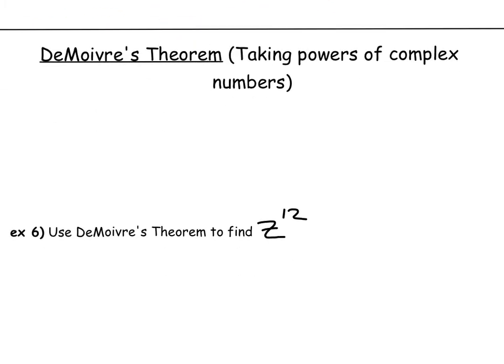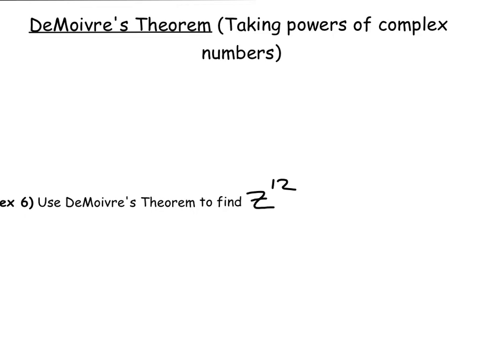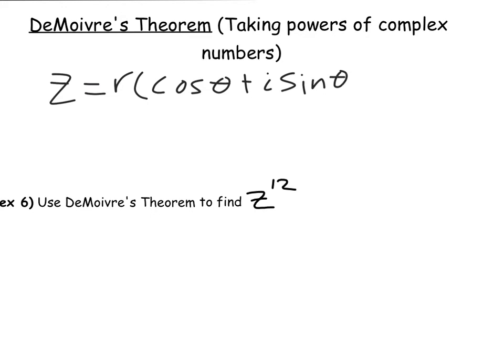All right, last topic on complex numbers in trig form: De Moivre's theorem, which is really an extension of multiplying. It basically says this: you need to have a complex number in trig form, which we have seen many times throughout 6.5. If you really think about this, it's the same as the multiplication rule that we saw. If you raise that number to the nth power,